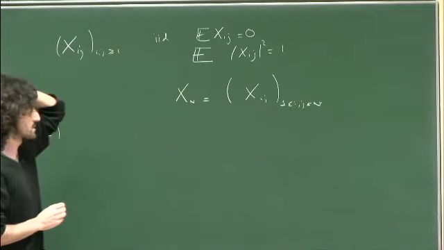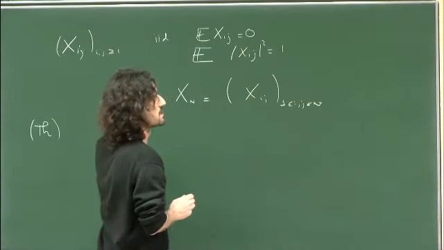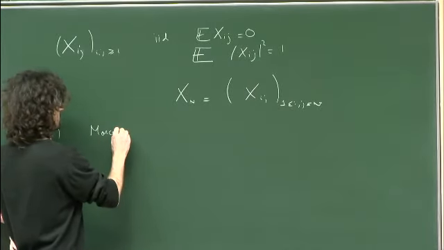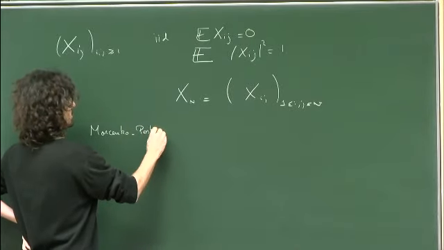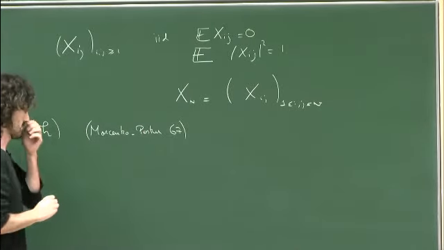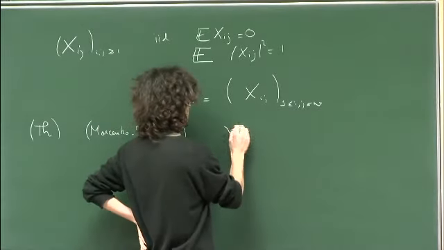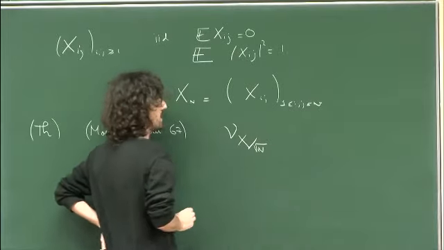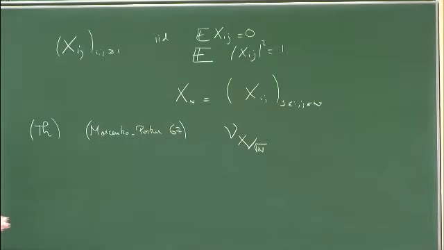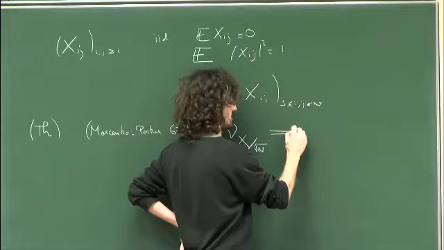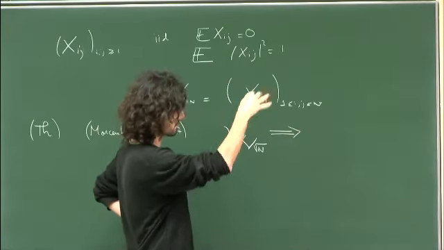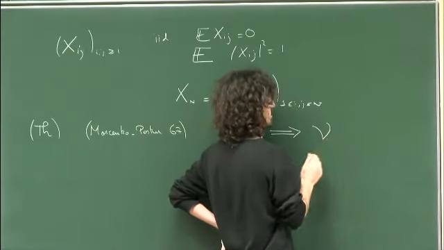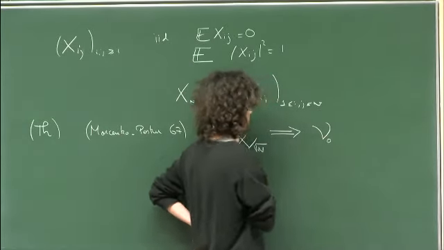So let's first start with the singular values. Okay, what happens to the singular values? This is known for a very long time. It is due to Marchenko and Pastur in 1967. They prove that when you take this matrix, okay, so it's an n by n matrix, you divide all entries by square root of n. This measure, this probability measure, on R plus, converge to a limit measure. Okay, and this convergence is almost sure.